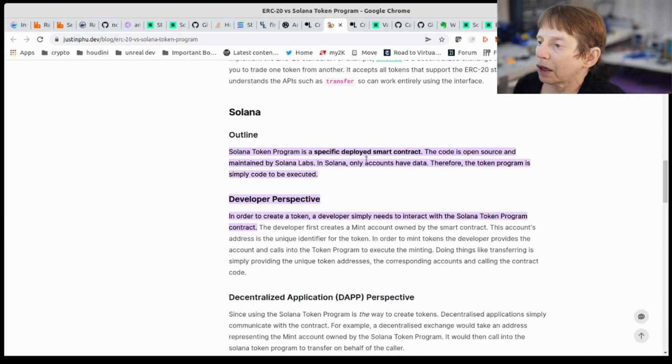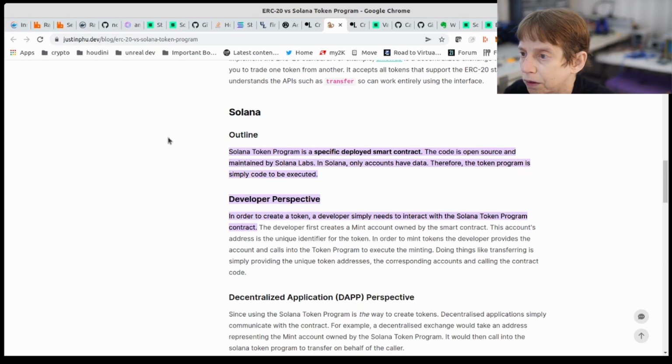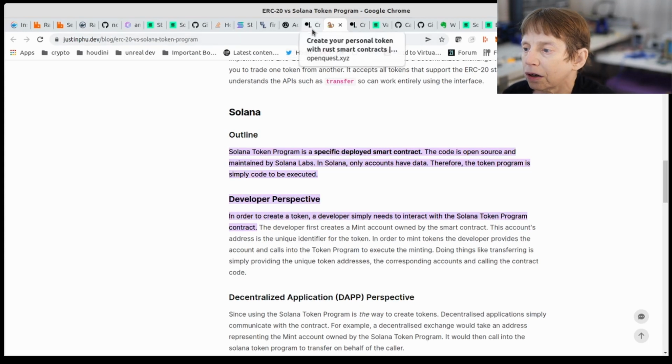This is a smart contract that lives on the Solana chain, and it's open source, maintained by Solana. When you create a token in Solana, essentially you use cross-program invocations to talk to this token program, which does all the heavy lifting, does all the work. So, that being understood, hopefully,